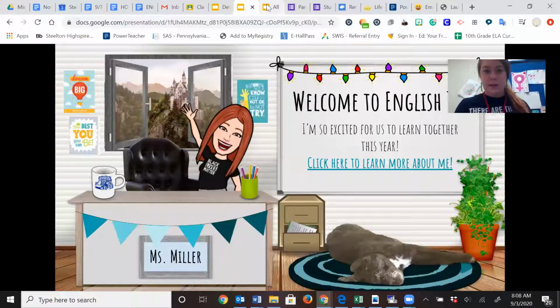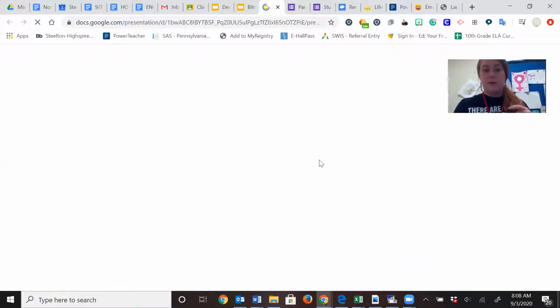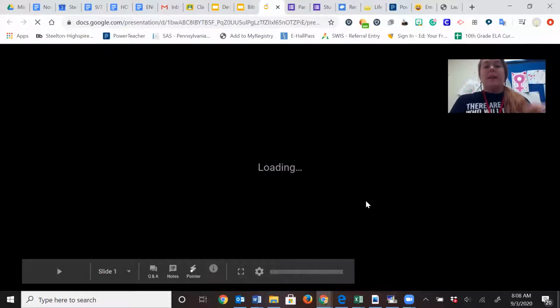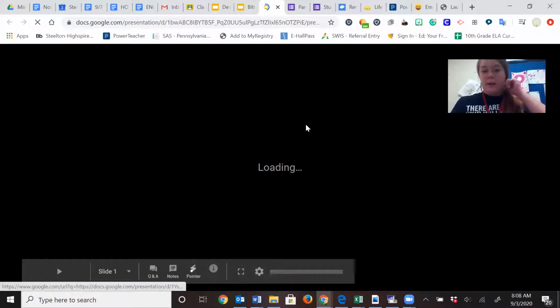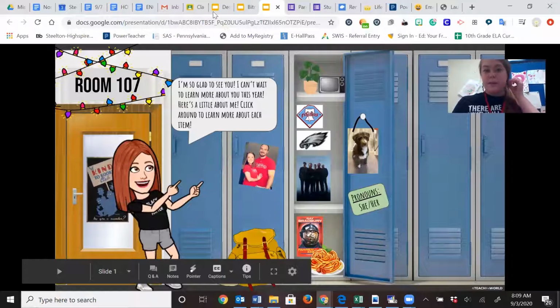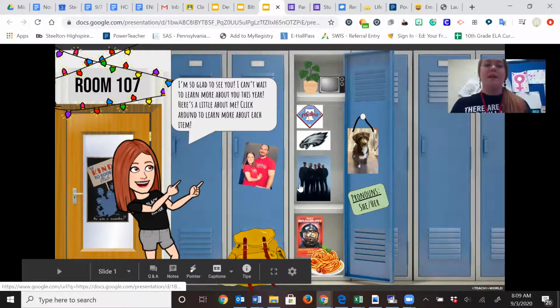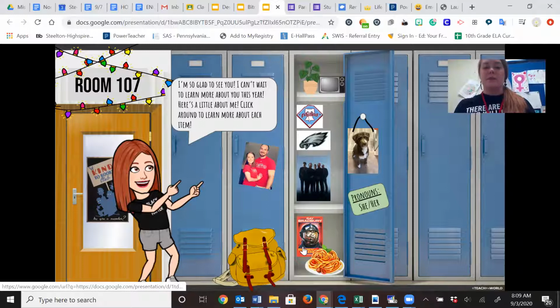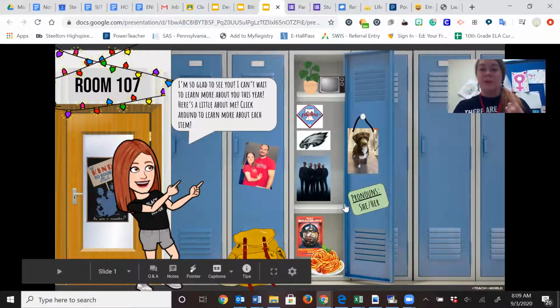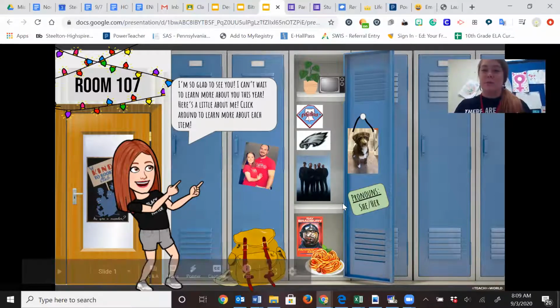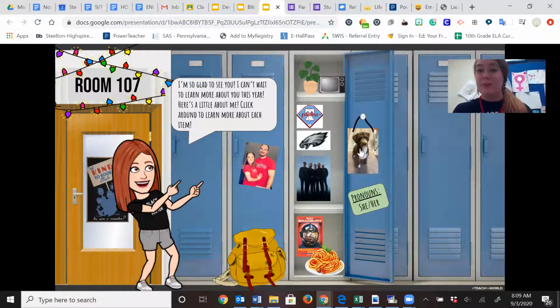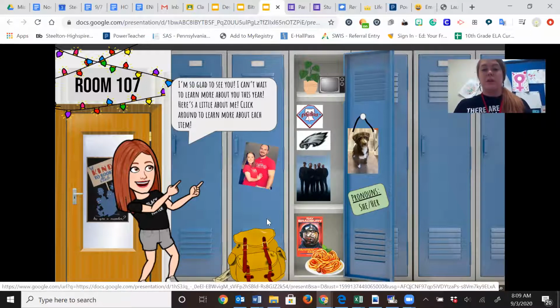So my example was from my classroom, and it was this one right here. And I used the exact same template that you guys have. I just covered up the directions, and I put a door, and I put lights, and I have my Bitmoji in there. And then I also have all of this stuff in here, but instead of only explaining it on one slide, I wanted you guys to get to know me a little bit better, and I did a lot of stuff on here. So like if you click on